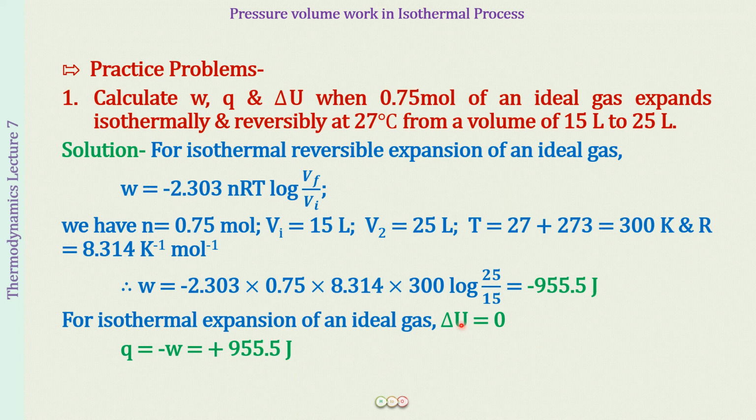We have a formula for delta U, work, and Q, which I have not told you yet, and that is what we have as the first law of thermodynamics. Then it is going to be easy for you to relate delta U, work, and the amount of heat for any process. This I have explained so you can understand what happens in an isothermal expansion or a compression. Delta U is going to be equal to 0, and whatever the amount of work done, the same amount of heat is going to be entering or leaving the system. So just the sign is going to be opposite. Okay.